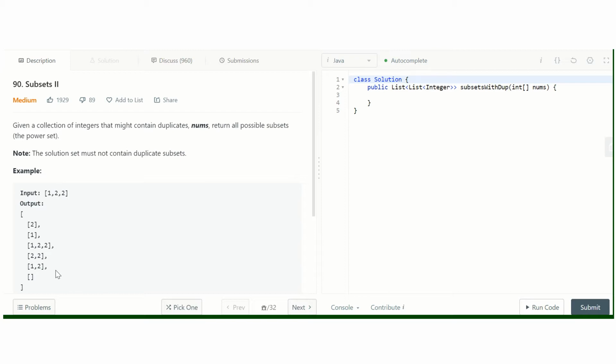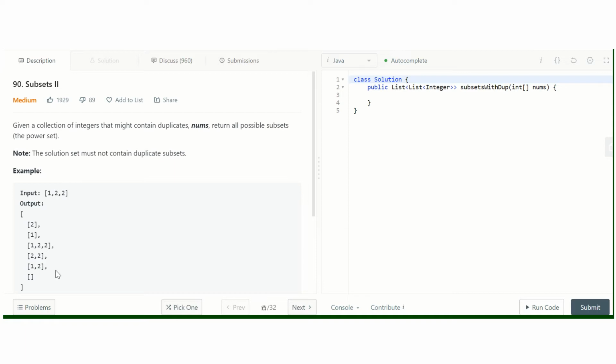Let's say our input is given as 2 1 2 instead of 1 2 2. Our hash set treats the subset 1 2 as different from 2 1, but we know that this is the same set.